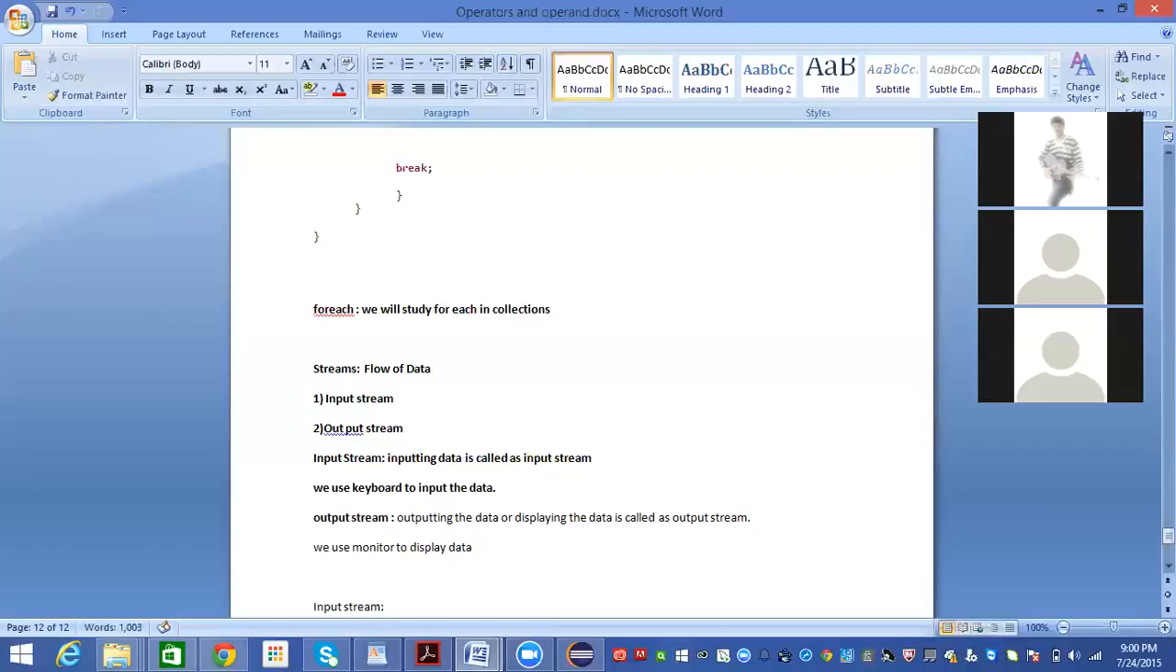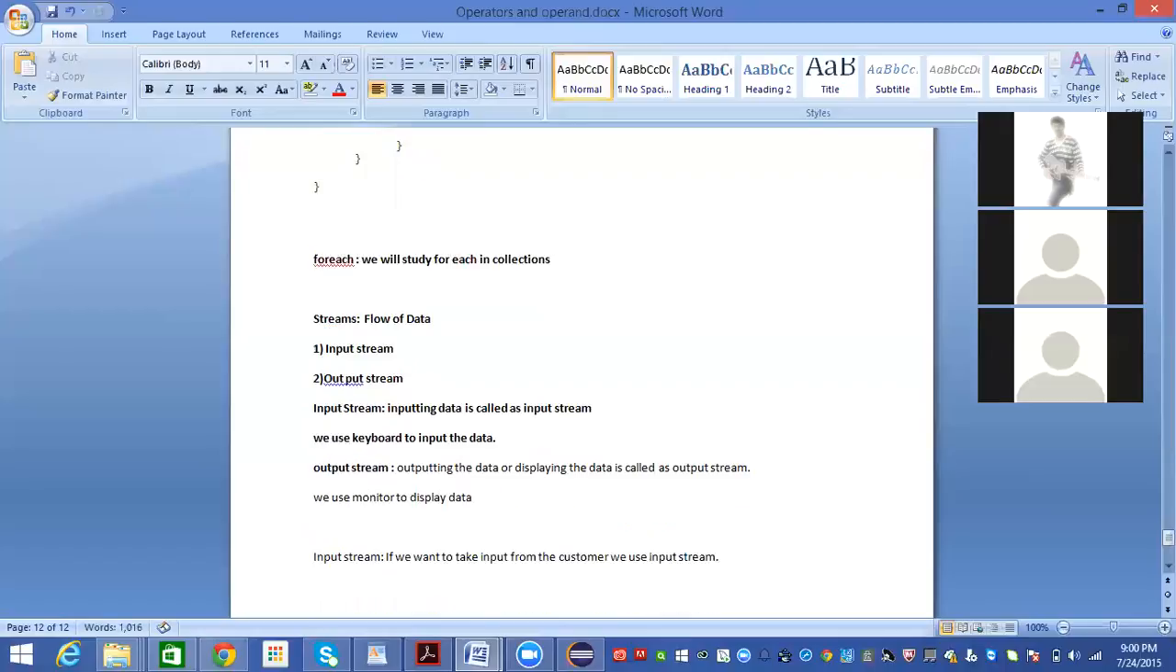If we want to take input from the customer, we use input stream. So I want to read some value. For example, I'm writing some calculator program. In the calculator program, I want user to input the values from his keyboard. I'm writing a Java program called as calculator, and I want the user to input some values from the keyboard. So if I want to read the values from the keyboard, we use a class called as